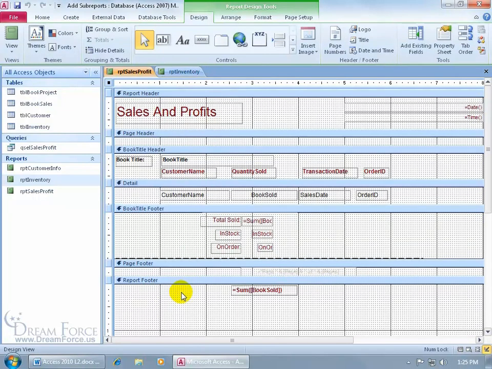As opposed to the report header, you got the sales and profits title printed on the first page, and then you have however many pages. It's only on the first page at the heading of the report, and this is at the end, the report footer. So to go ahead and insert that report, inventory, at the end of this report,